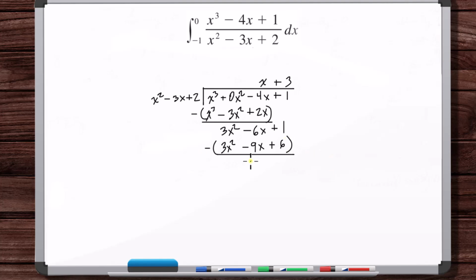Okay, minus 6x plus 9x, 3x, 1 minus 6. Okay, so we've got x plus 3 plus, and then